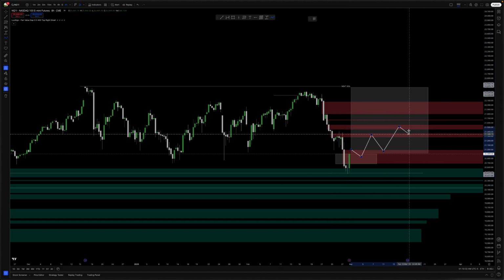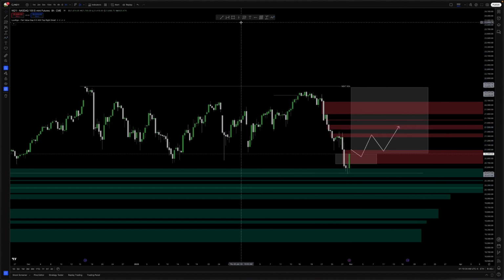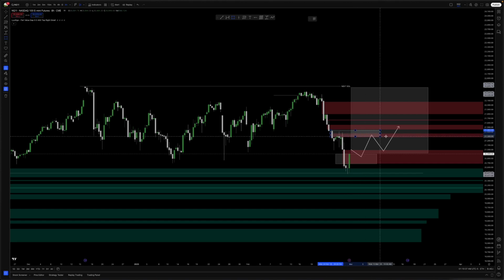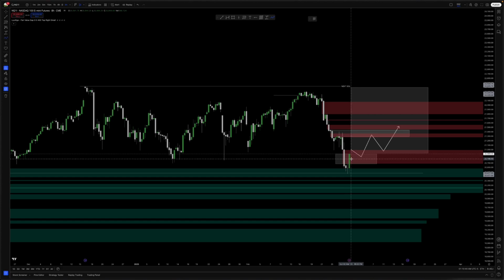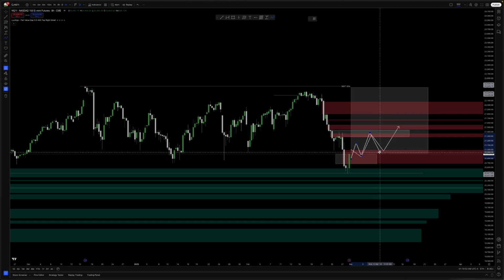Which highs am I talking about? This is the zone I'm looking for, first and foremost, and this is considering we open above. Let's say we open gap down. We're going to escape, come back, escape, come back again, because one visit to the bearish fair value gap is not enough, right? We need at least 2 visits. You're going to see this in any time frame and every time frame.